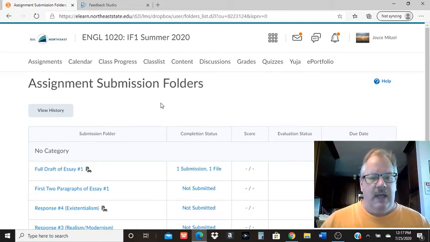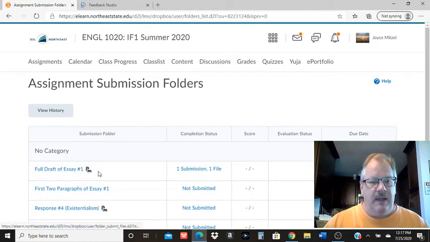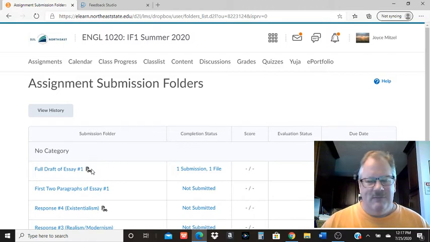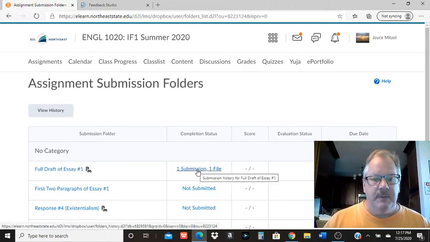You're going to see in the Dropbox folder under assignments, sometimes you'll see this little binocular looking icon. That means I have Turnitin turned on for that particular Dropbox folder. I don't do it for all of them because for some of these, it'd take you longer to cheat than it would to actually just do the assignment. But you'll come over here to submission,